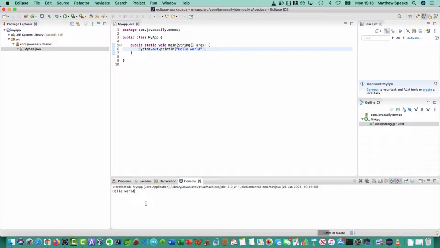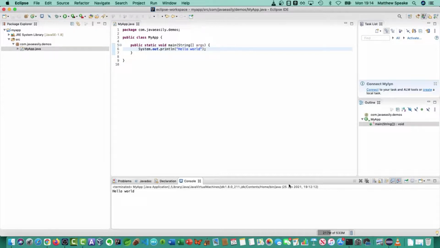Number two, because it ran the program, that means it must have compiled the program down to bytecode. So it must have invoked the Java-C compiler somewhere along the line, which we'll see in a second. And finally, number three, it's actually running the program for us as well, which means it's passing that compiled bytecode to the JVM. And we can see here, in fact, this is the actual command that it used to do that when it launched the JVM.